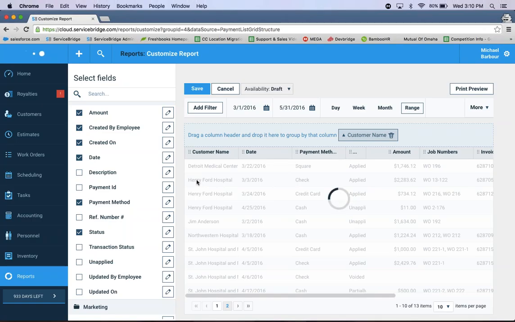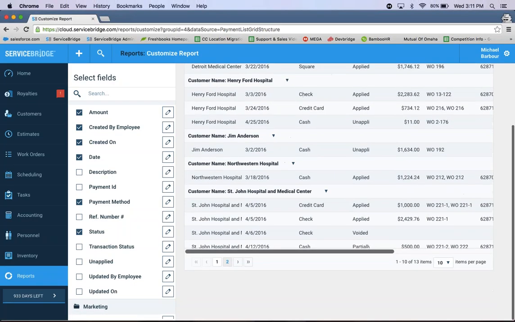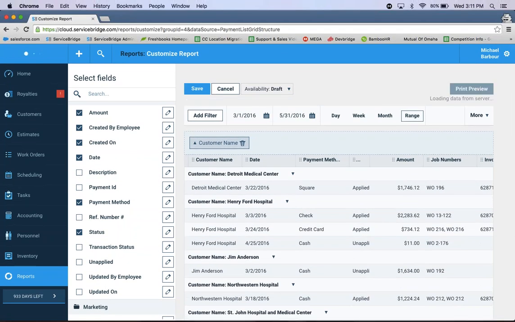And as you know, with any of these reports, you can add and edit them, and then of course save them so they're always at your disposal when you open up your reports tab. So great, as you can see, we have our customers here. We have the payment method again, how much was applied, and then again, let's print preview this so we can show you kind of what it looks like.